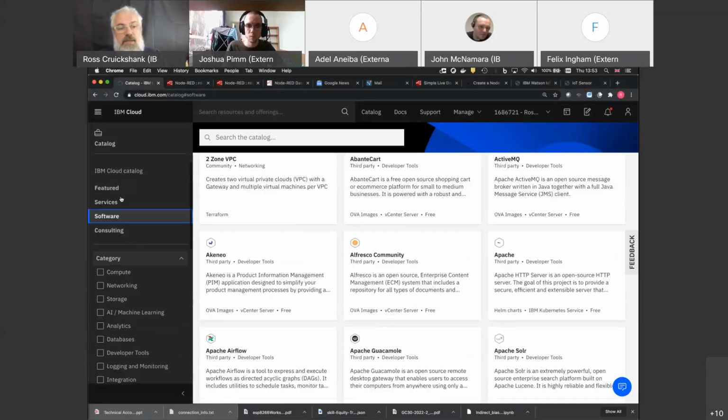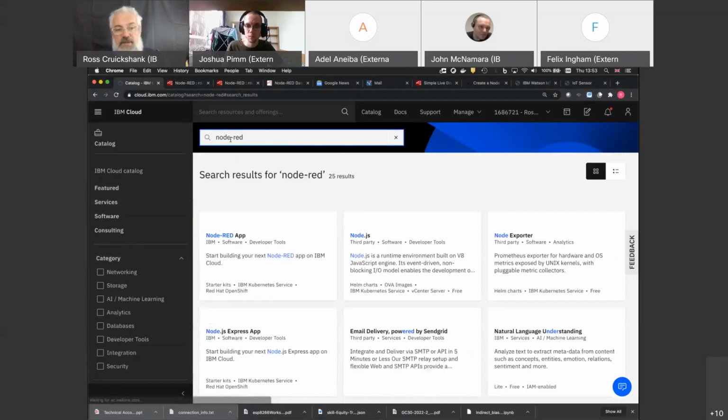But the interesting piece here is that you can go through the software catalog and just search for things like NodeRED. You'll see there's a NodeRED app. You'll also see others where it thinks that Node might be interesting, so you can do raw Node.js applications. This is all running in Cloud Foundry. You can also elect to deploy into Kubernetes or OpenShift as well. The one I'll show you is Cloud Foundry based. You click on there,